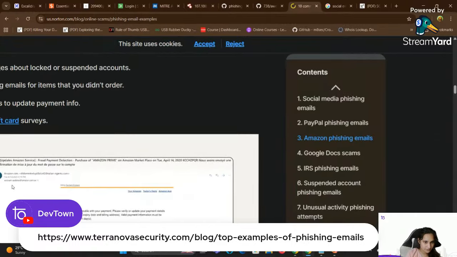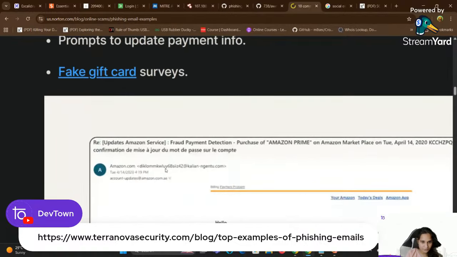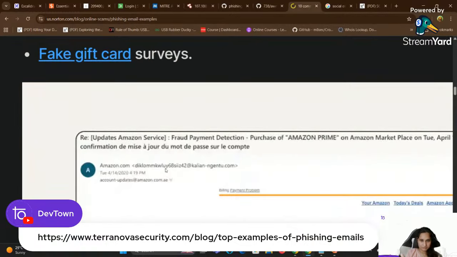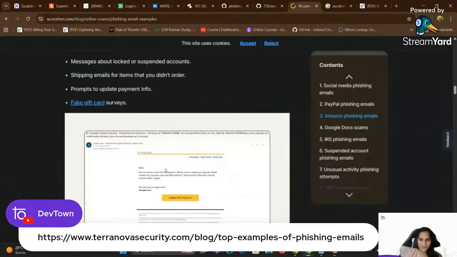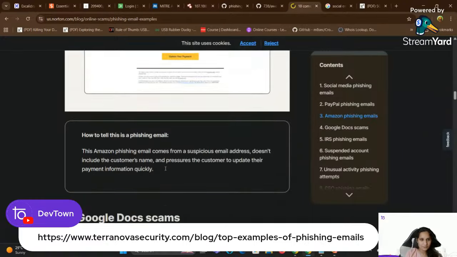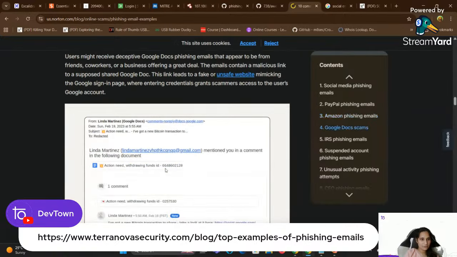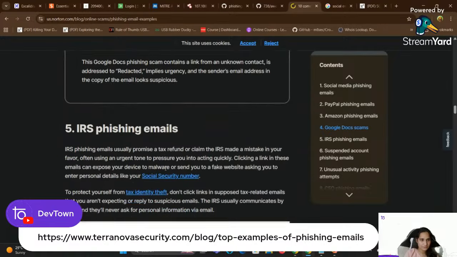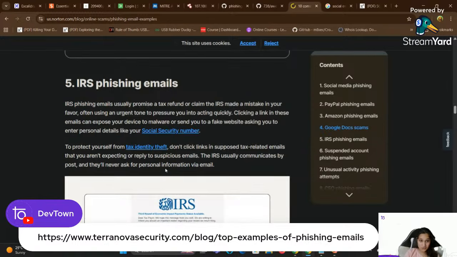Over here you can see this, guys. There is an option, and whatever blah blah blah you can say. So that's how you can understand this. Google Doc scams, we have already discussed previously in the IRS phishing. This is one of the